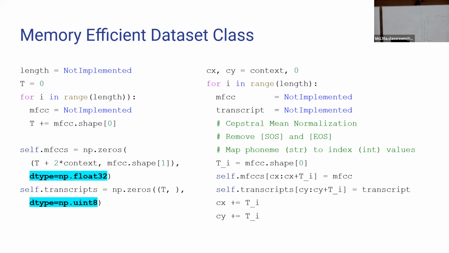Why are we loading the MFCCs twice? The first time I'm only calculating the value of T. I'm not storing this anywhere. I just need to know how big my array should be. It adds loading time, yes, but I only load the data once for training, so it doesn't increase my epoch time. What I did is, after I loaded the data and before I appended to this, I converted the MFCC, and then I appended to this. So I still use a list, but it's a list of